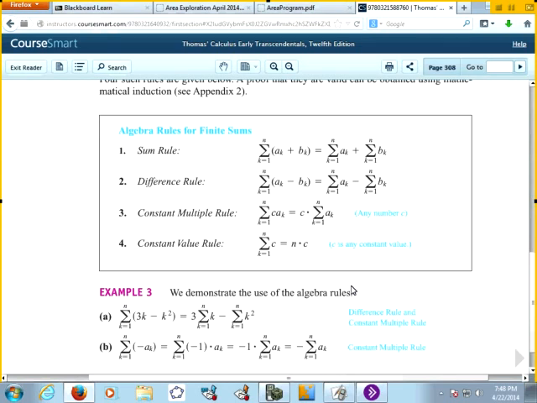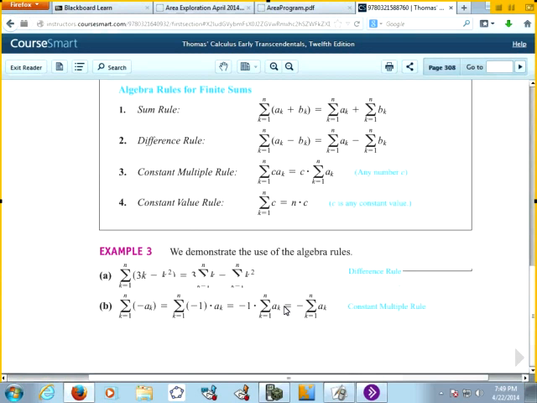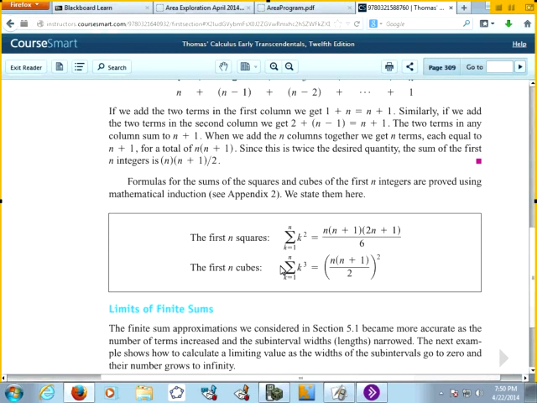This says the distributive law of addition for it. So you can take, if everything is a multiple of 5 and you're adding them all up, you can factor out the 5. And this says if you take a constant and add it to itself n times, you get n times the constant. So we'll use these rules, and hopefully they will become kind of automatic. But if you take this first one, it says something about,